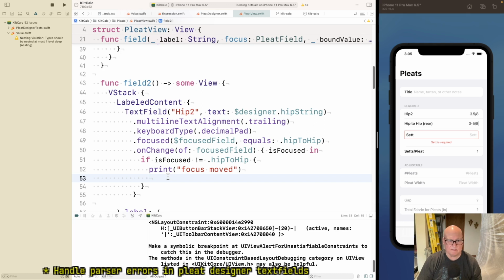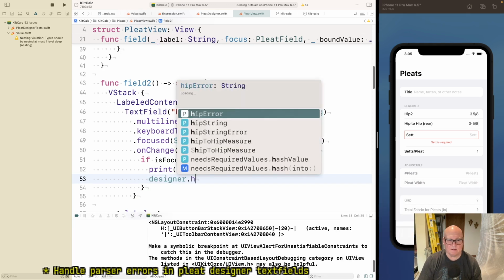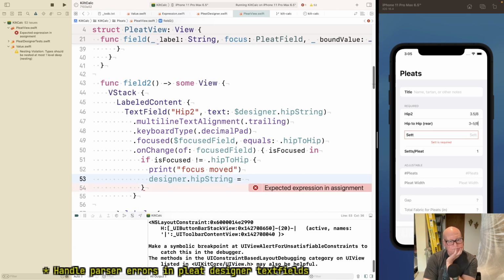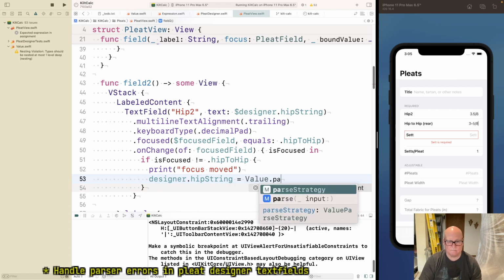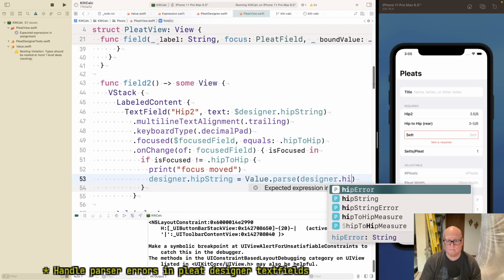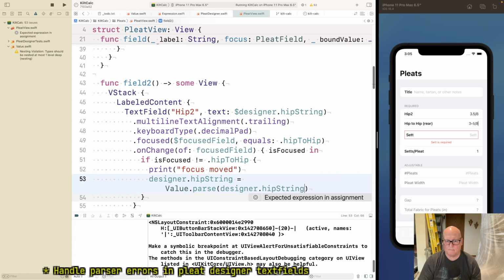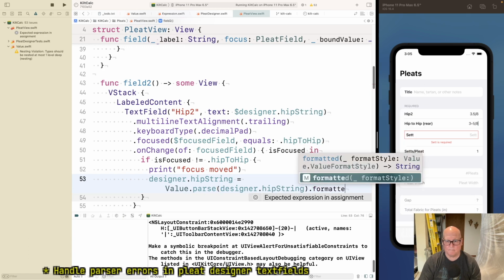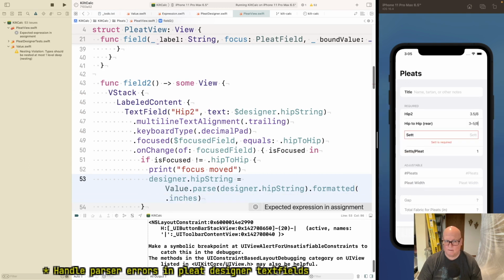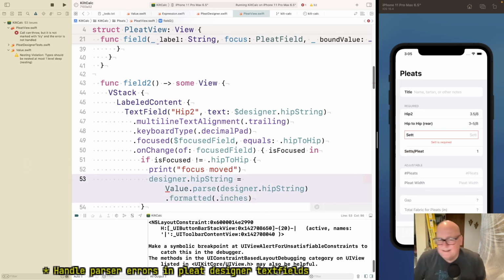We want to say designer.hipstring equals I think, okay.